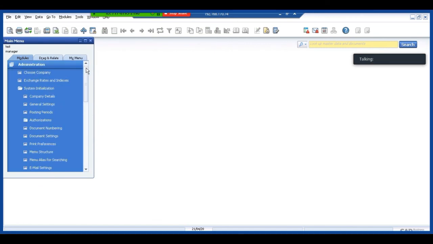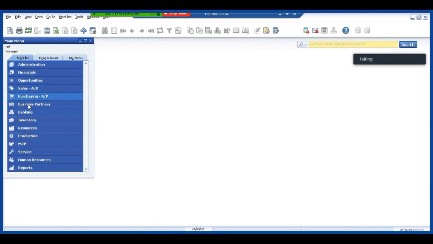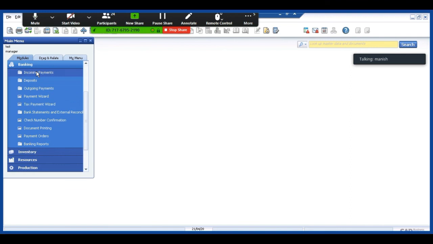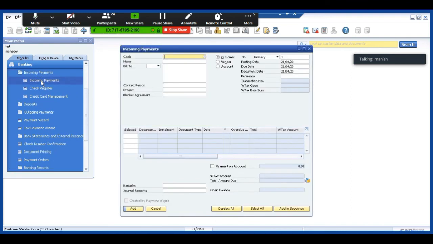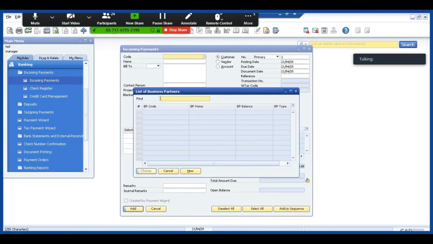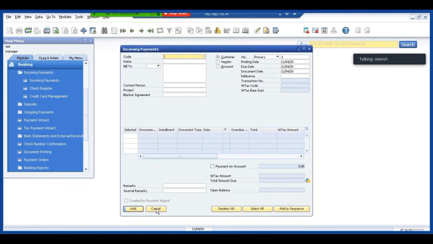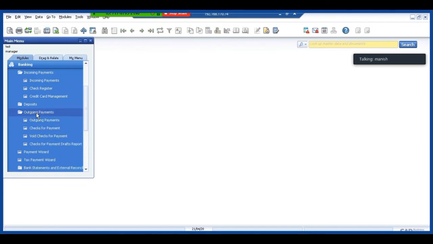Let me just make up a transaction. Say for example, I'm making up an incoming or an outgoing payment. Say for example, I'm making up an incoming payment. Okay, yes, no customer is out here. Make an outgoing payment.